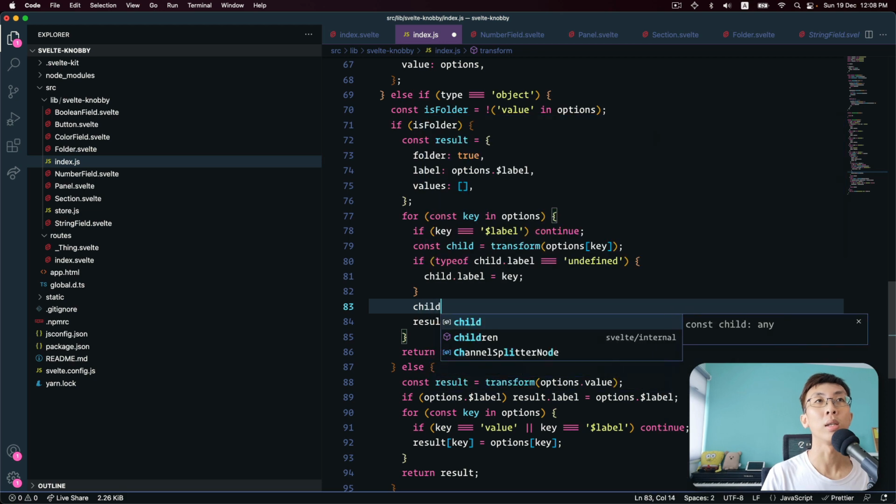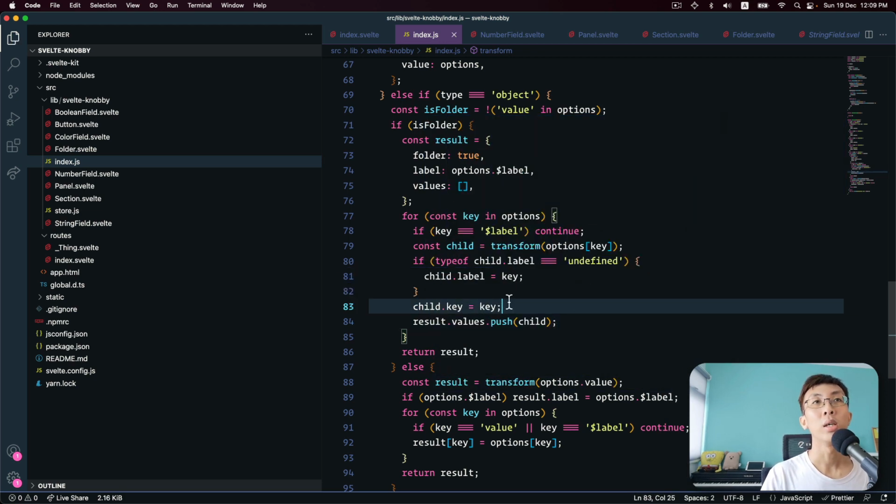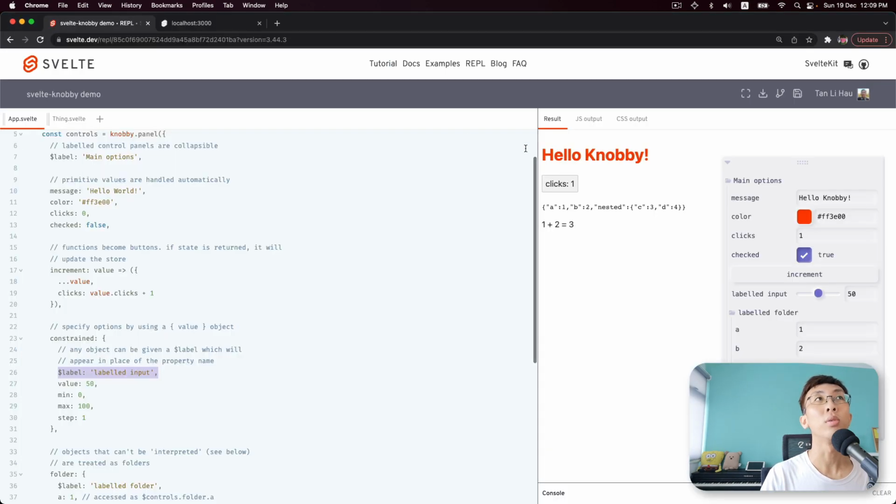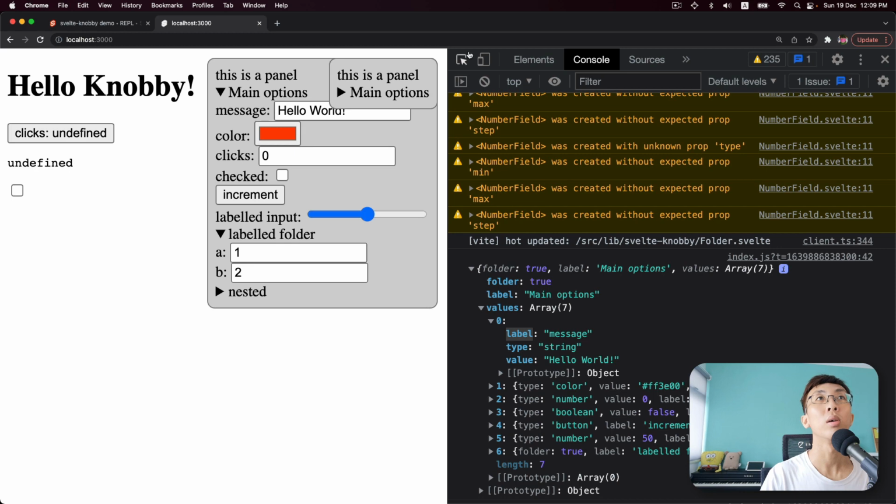I think we still need to add a child key equals to key. I think that's all we need. Okay, so at least we know the key itself, right? So here, if you take a look what we have now,